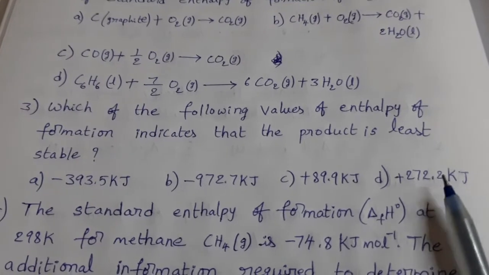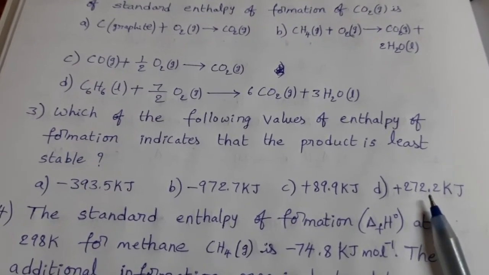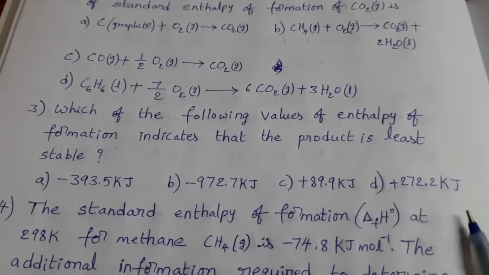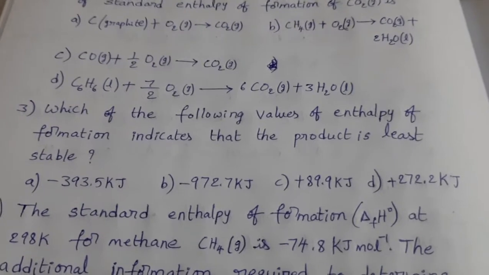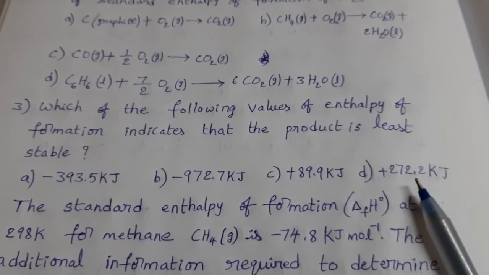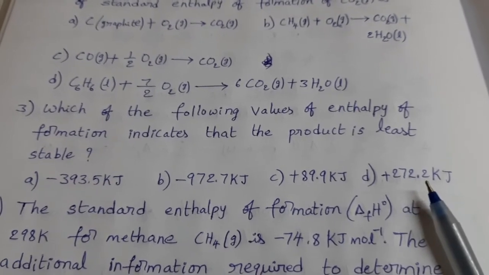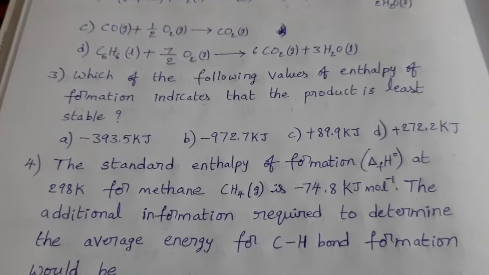That's why this compound is least stable compared to remaining compounds. So option D is the answer. Energy more. In the formation of this compound, this much amount of energy is absorbed. So the formed product has least stability. Next, the standard enthalpy of